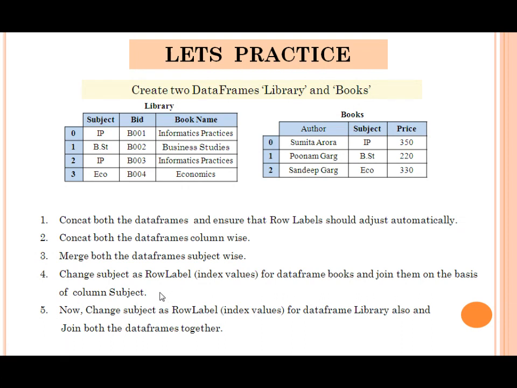Think it over, rewind the video and look for the correct answer. Now fifth point is change subject as row label for the library data frame also, meaning the index values for library too. And then join both the data frames together and see what happens after joining.